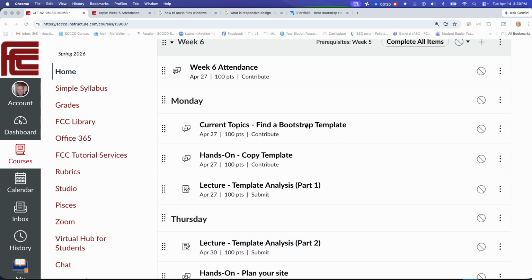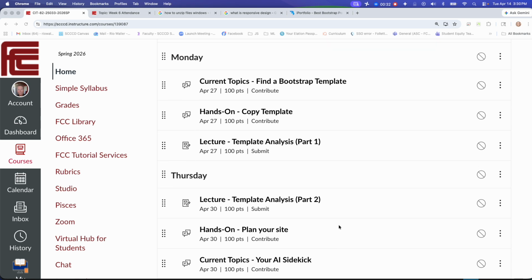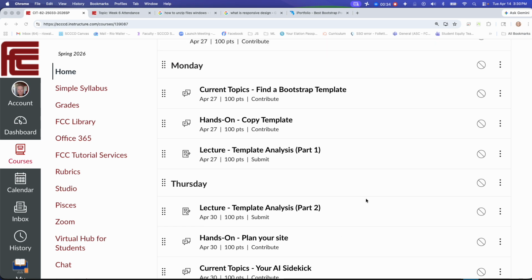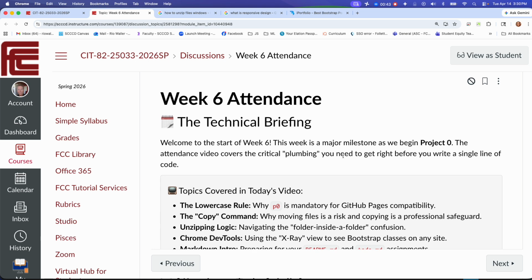So we're going to find a bootstrap template. I'll talk about that. You're going to copy that template into your repo. We'll talk about that. You're going to do some analysis, then you're going to do some planning, and then you'll use AI as a sidekick to help you understand parts of your template that you may not be used to. Okay, so let me go now into week 6 attendance, because we're going to call this a technical briefing,